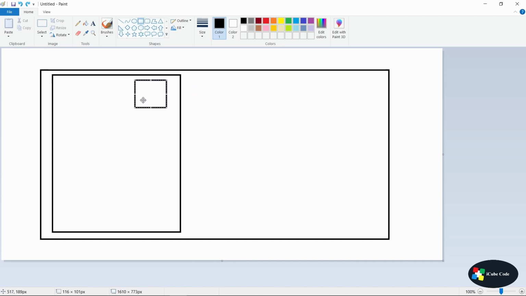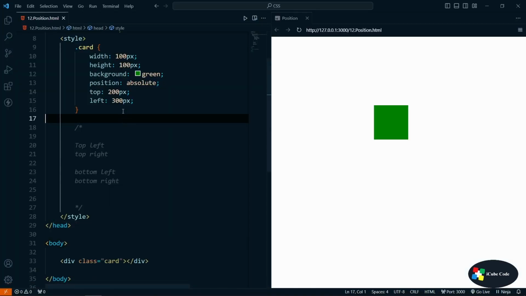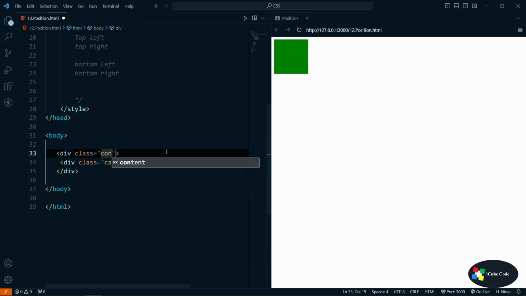So at that time, what you have to do is, for this parent container you need to apply position relative. Then only it will come here, or else it will go outside. Let's see properly in the code, and from there we can understand better. Right now we have this one, I'll just comment on this one, and I'll wrap this particular div in a container div. So let's apply a container,